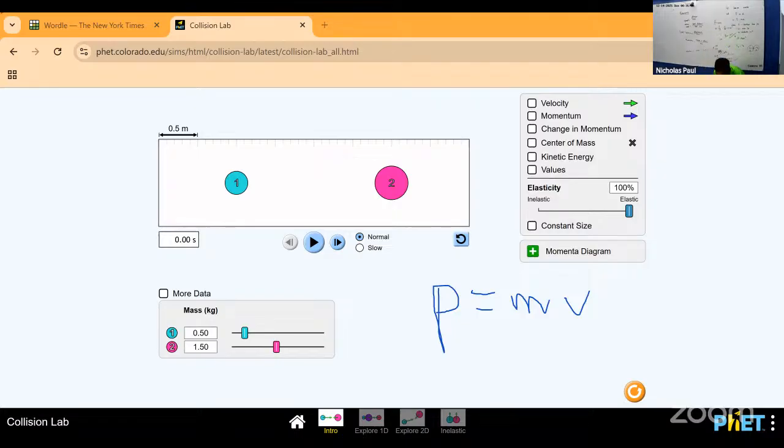Do you think momentum will be a scalar or vector quantity? Vector. Right? So based on the direction of your velocity, you'll be able to determine if the momentum is positive or not. Let's go back to this simulation here. If I were to press play, they collide. They both have